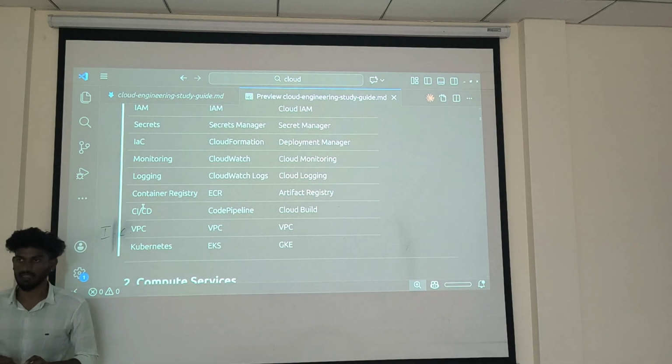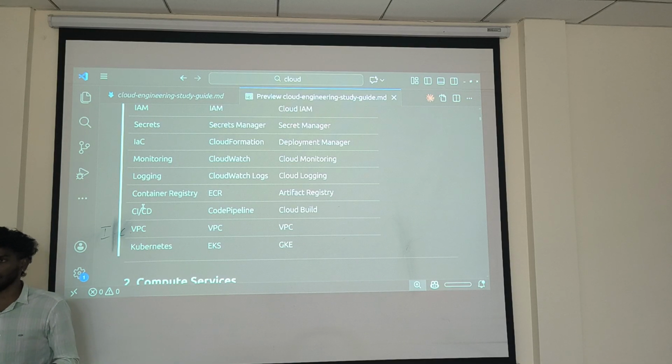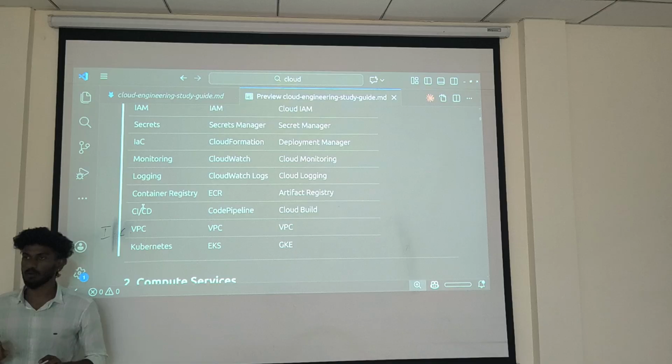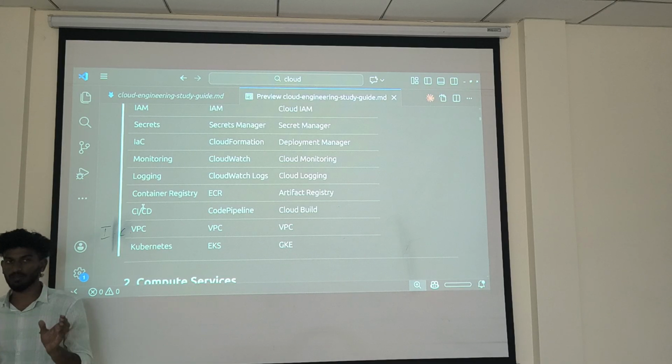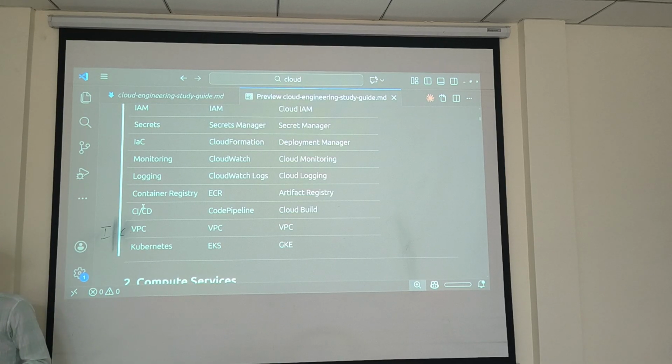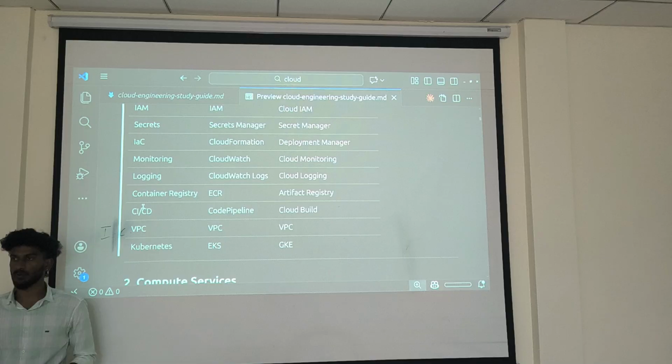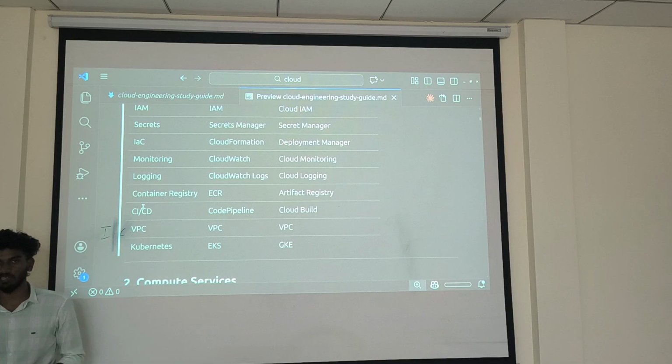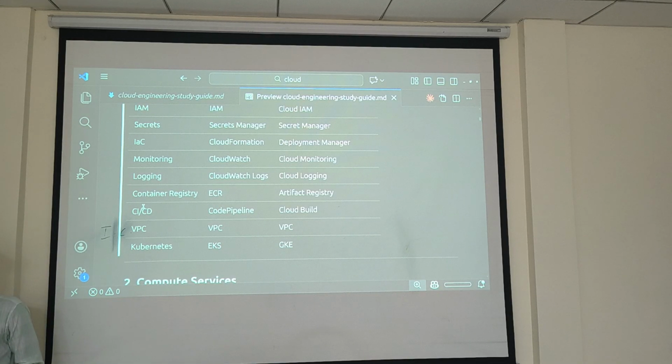Then you can communicate. There are two kinds of networks, private and public. If you put them in the same network, you can access via private IP itself. Whoever is connected to this router, I can access their computer. So at that time only the private IP will be used for communication, not the public IP.